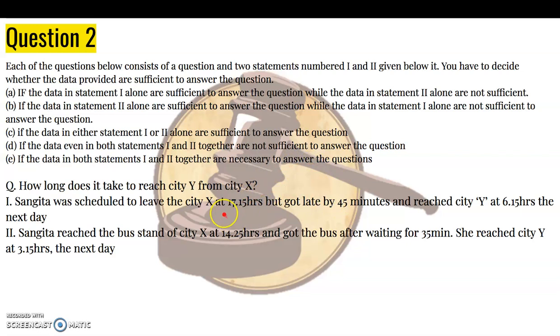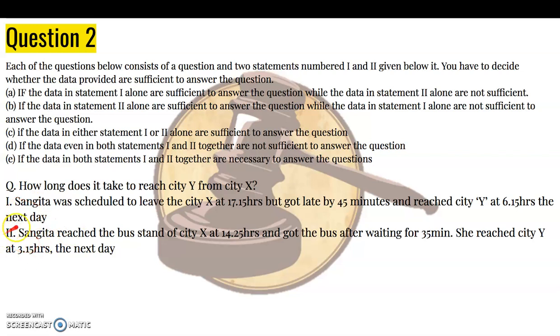So at 18:00 hours Sangeeta left the city, and at 6:15 she reaches there. If we subtract the difference of the hours, we will get our answer. So it would be 12 hours 15 minutes. Okay,